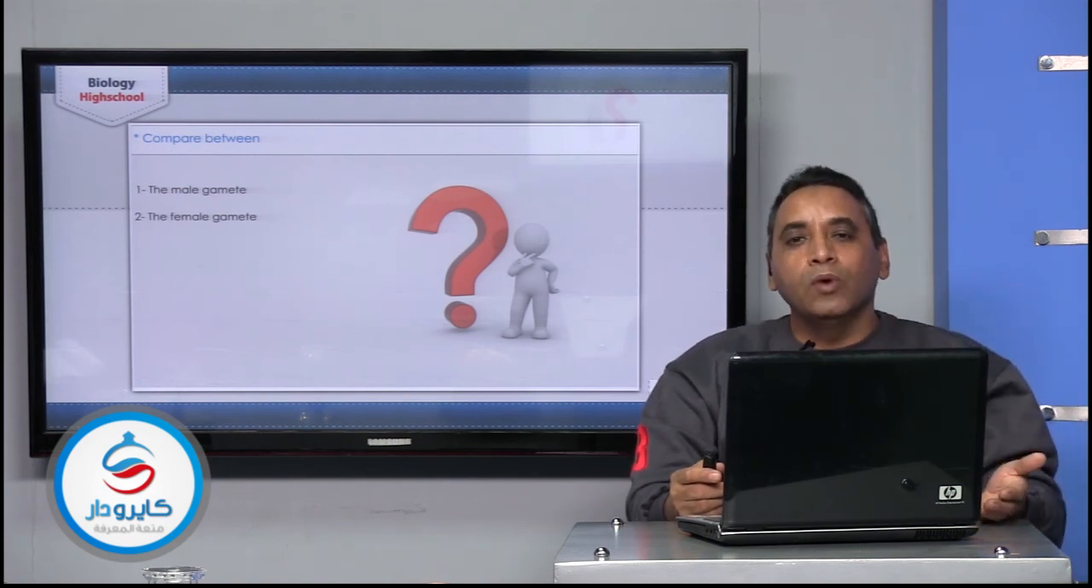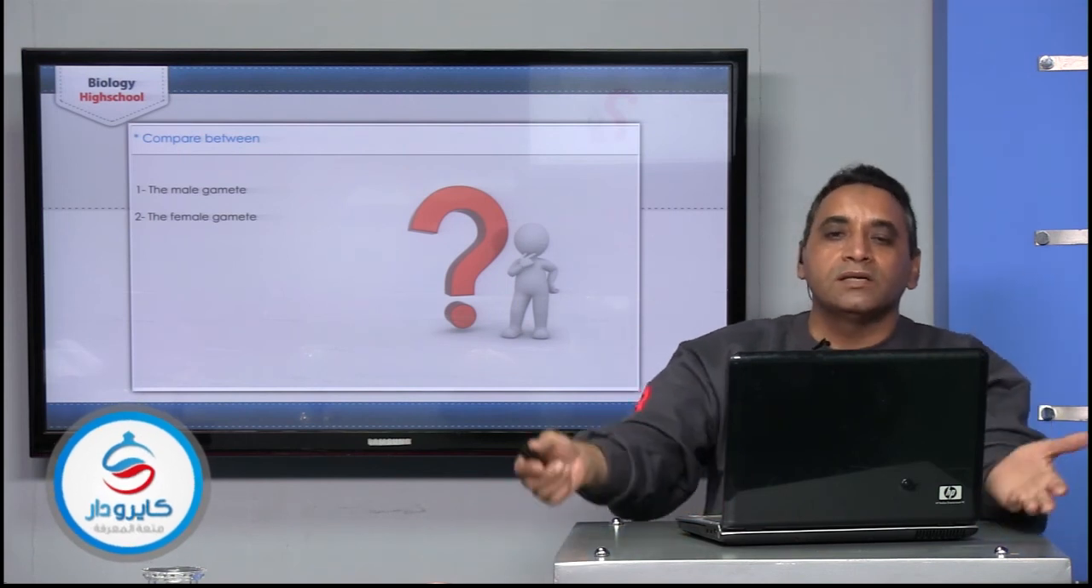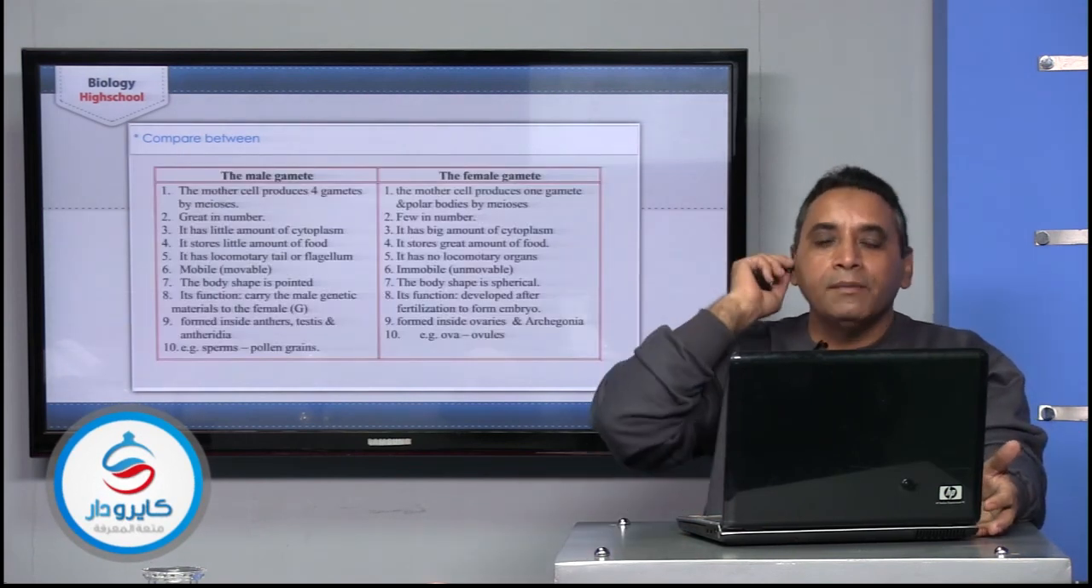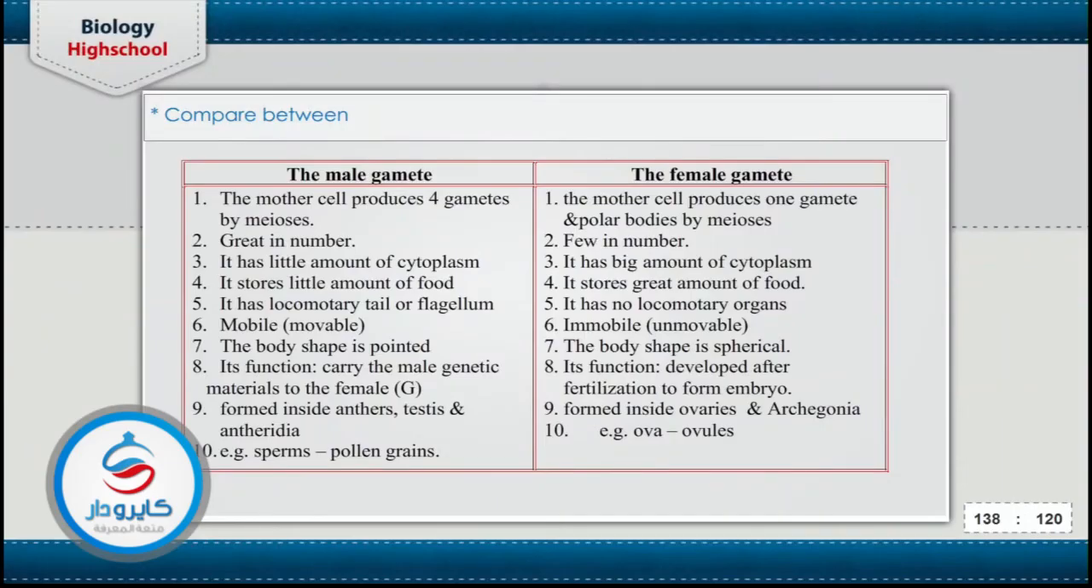مين اللي هتعمل الامبريو؟ مين اللي هيبقى جواها الامبريو؟ الفيميل جاميت اللي كان فيها السيتوبلازم الكتير والفود الكتير. يبقى لما اجي اعمل كومباريزون كده بين الميل جاميت والفيميل جاميت هاخد بالي ان المذر سيل عند الميل جاميت بتدي 4 جاميتس باي ميتوزس، لكن الثانيه بتدي 1 جاميت اند 3 بولار بادز. طالما بتدي 4 يبقى دي جريت ان نمبر، يبقى الثانيه فيو ان نمبر. هنا عندها 4 يبقى كل تقسم السيتوبلازم على 4 فبقى ليتل اماونت اوف سيتوبلازم وليتل اماونت اوف فود، لكن الثاني جريت اماونت اوف سيتوبلازم اند جريت اماونت اوف فود. هي صغيره وفيها فود قليل علشان دي محتاجين انها تتحرك، يبقى لازم يبقى ليها موفابل اورجن وهي تبقى موبايل